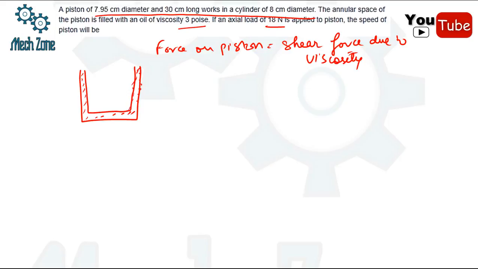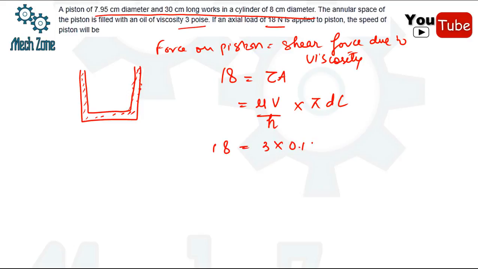So the 18 would be equal to tau into A, and tau, you know, is mu V by h. Area would be pi D L in case of cylinder. So 18 would be equals to 3 into 0.1 into the velocity that we have to calculate into pi into D. D has been given as 7.95 centimeter. So we will convert it into